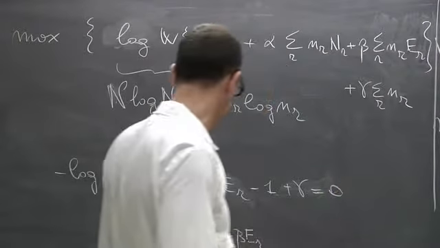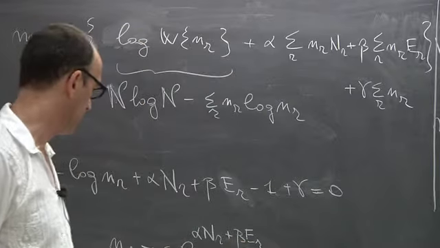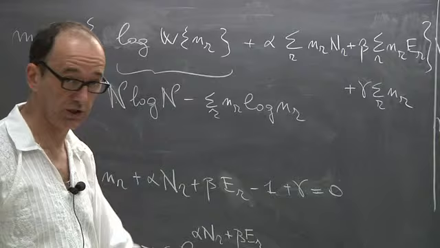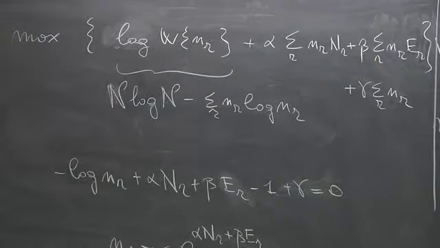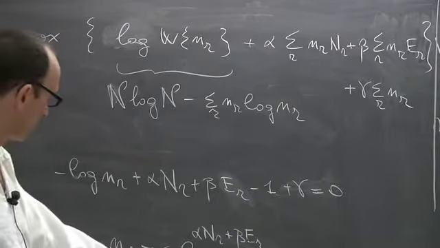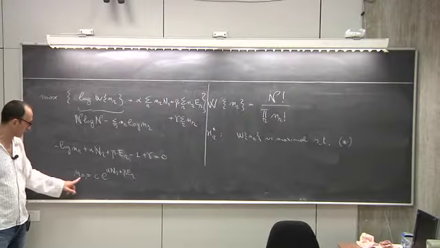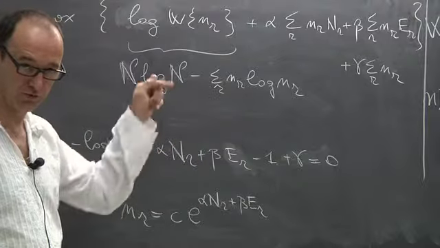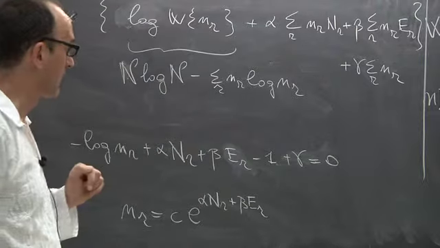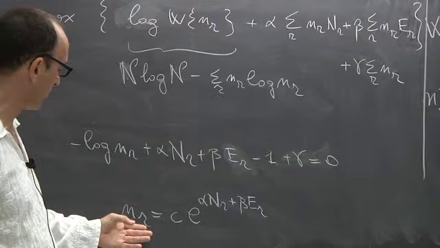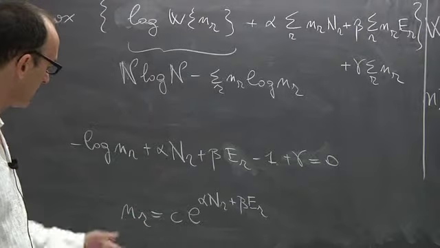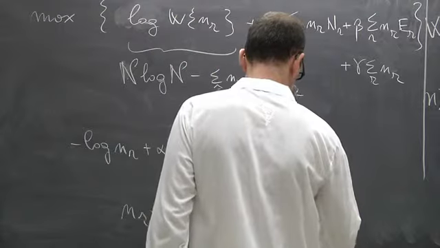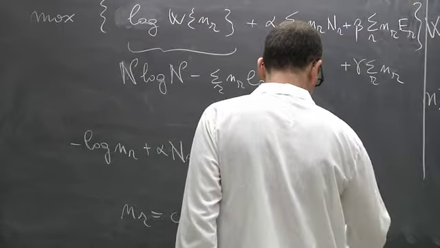constraints on the number of particles and the average energy. So this constant C is fixed in such a way that the sum over all r of this is equal to big N, curly N. But you see that the functional form that you get from this is that the probability distribution of a state